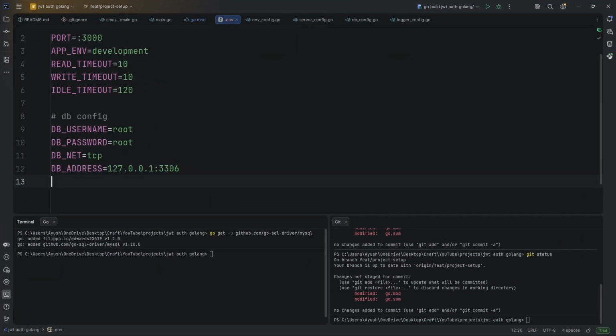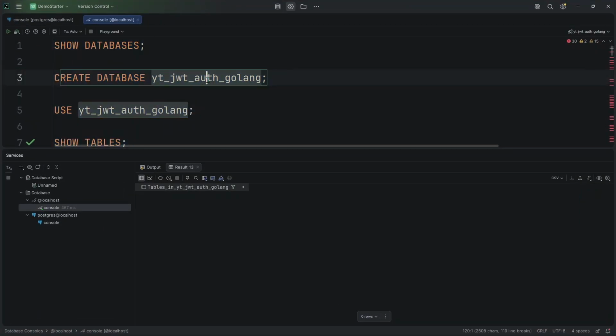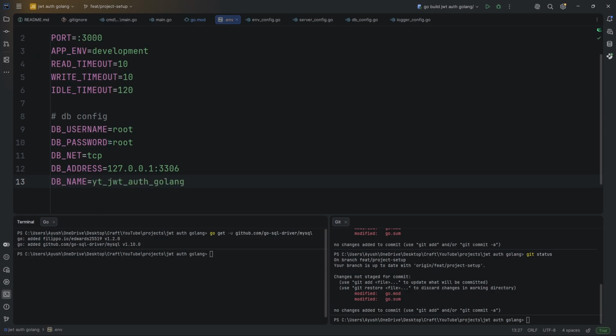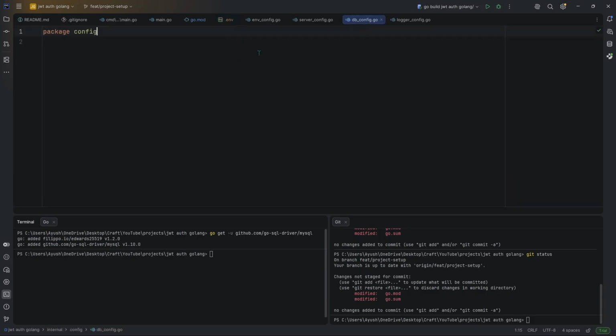So just create this db name variable, and in my case I have created a database by this name. So that is what I will enter as the field. So this is everything related to our db config. Now what you have to do is that you will have this dbconfig file, and inside this dbconfig file what